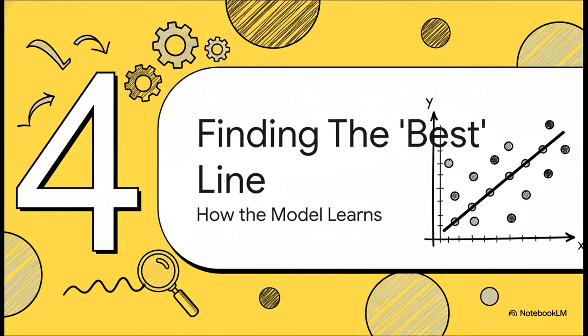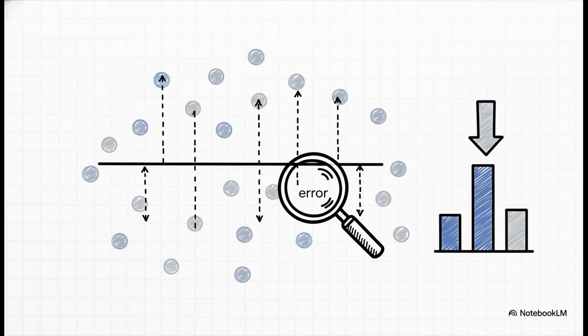This is the learning in machine learning. It's all about a process of finding the one single best possible line to fit all of our data points. And the goal is actually really intuitive. It's just to draw a line through our data that's as close to all the points as it can possibly be. We measure the error by looking at the gap between each real house price and the price our line predicted for it. The best line is simply the one that makes the grand total of all those little gaps as small as humanly or machinely possible.